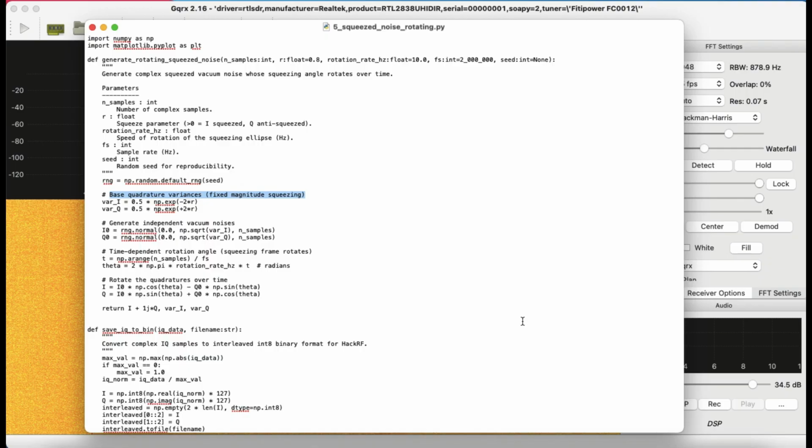I'm back with a video, and this video is going to be another video where I'll be using my HackRF software-defined radio platform to transmit a signal, and I'm going to try to receive that signal using my RTL SDR dongle. But this video is going to be a little bit different, and it is all about quantum noises. What are quantum noises? How can I generate these quantum noises, and what can I do to generate them using Python flow